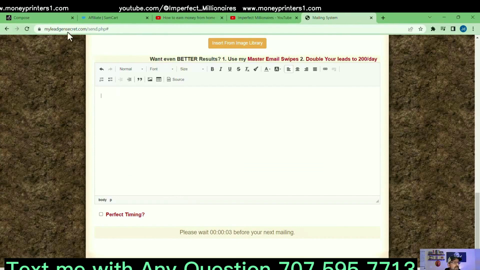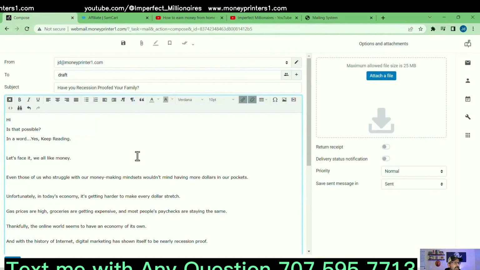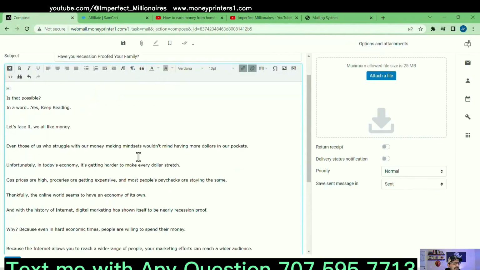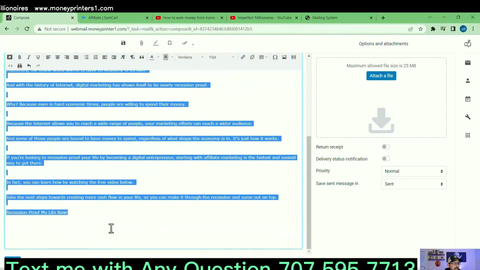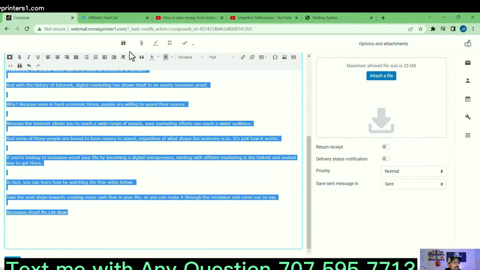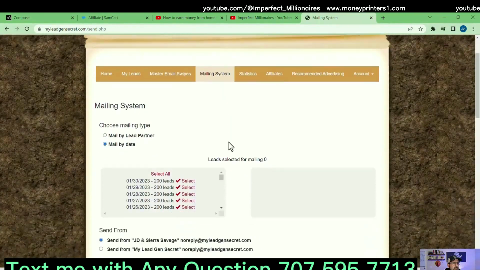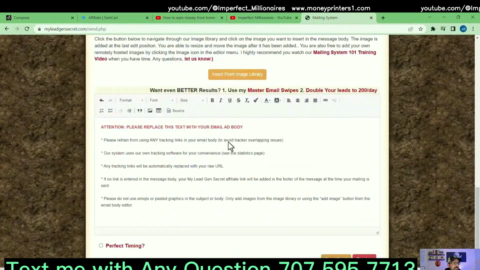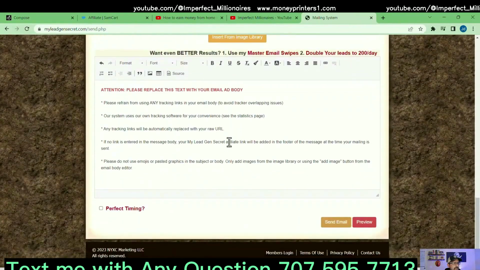All right. So then I'm going to go over here where I've saved my email as a draft in my email, and I'm going to highlight everything, all of it, and copy it, right click and copy. And then I'm going to bring it back over here to my mailing system. Oh, it just reset.